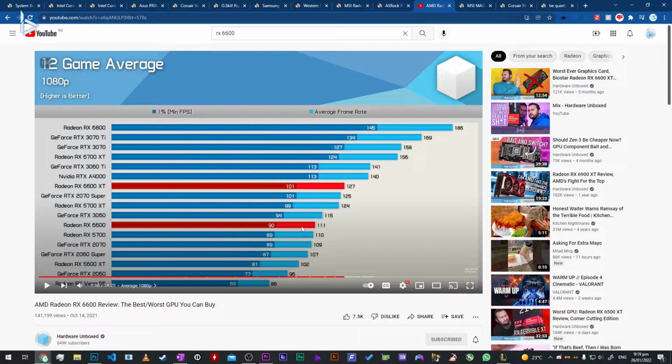But you can see the older brother, the 6600 XT, does a lot better, but you're going to be paying for that. So if you can grab a 6600 XT for under, I'd say, $920 at the moment, then it'd be perfectly fine to go with that. They're great cards. I enjoy the performance it's given. The RTX 3060, if you guys can get that at a decent price, that'd also be a great option. But the RX 6600 is basically kind of like a discounted 3060 in some instances, not all,